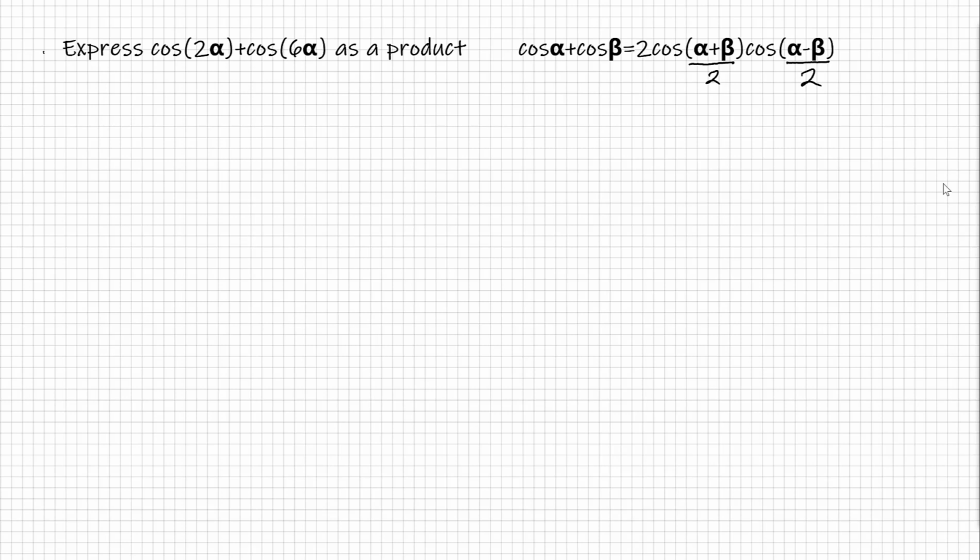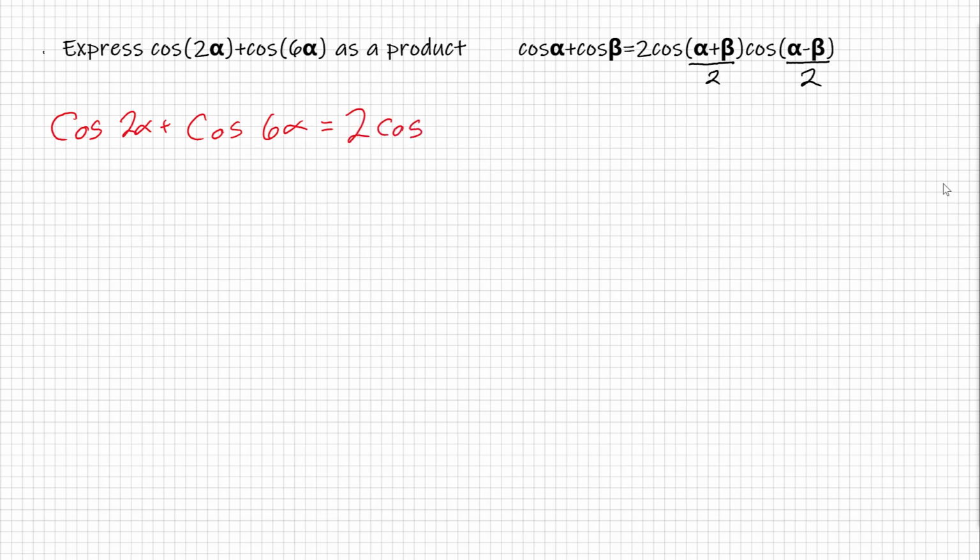We're going to look at a couple of problems using the sum to product and product to sum formulas. Starting off, we've got: express cosine 2 alpha plus cosine 6 alpha as a product. Now, using our formula for the cosine of one thing plus the cosine of another, this cosine 2 alpha plus cosine 6 alpha is going to be 2